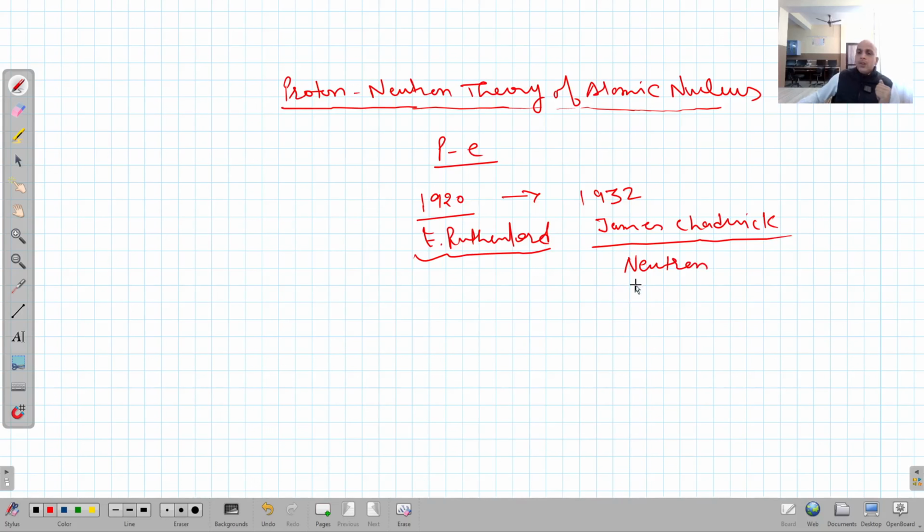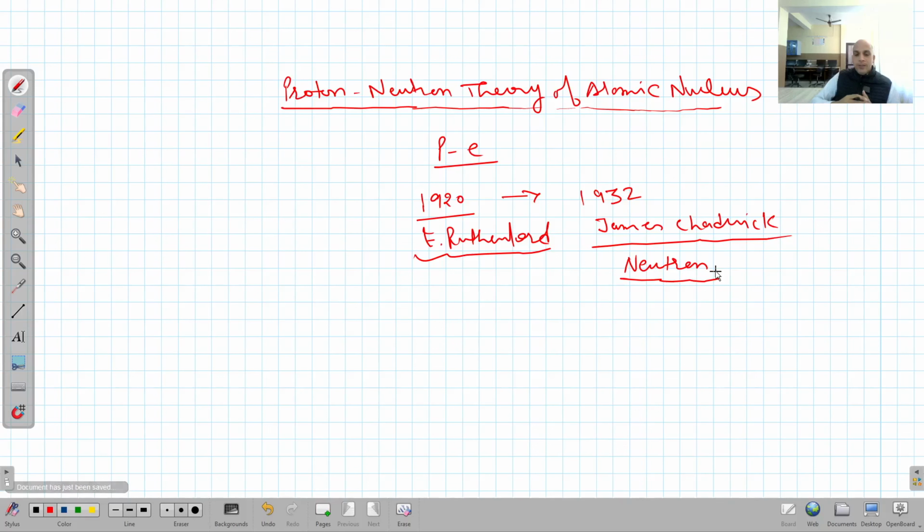Now this new particle, the neutron, was found to exist inside the nucleus along with protons, and it was in a free state. I mean, it was not bounded as predicted by Rutherford, but it was a totally new independent particle that exists